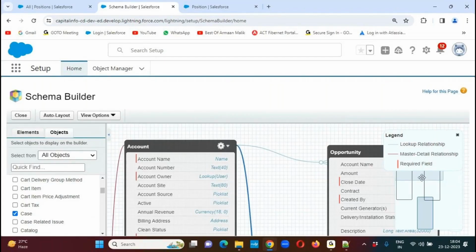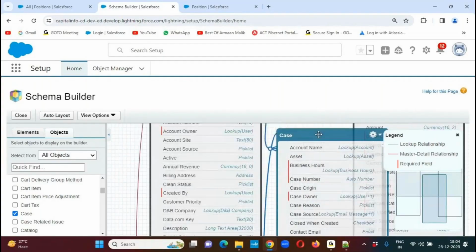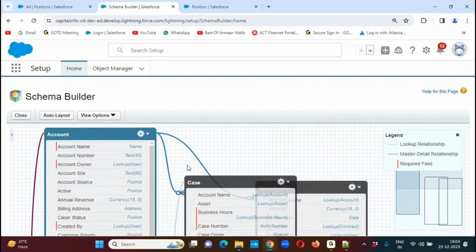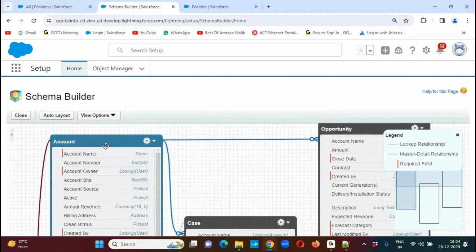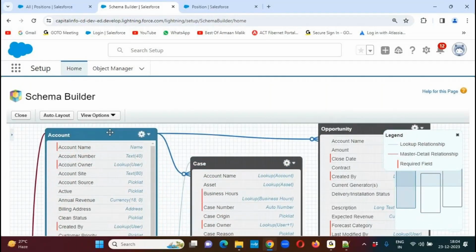Now the case object is also visible on the canvas. I have the account object, the opportunity object, and then the case object also. In the account object we have some fields, in the case object we also have fields, and in the opportunity object we also have fields over here. Now you can just select the object name, and automatically the object structure will be visible to you